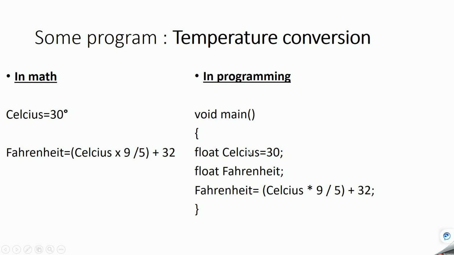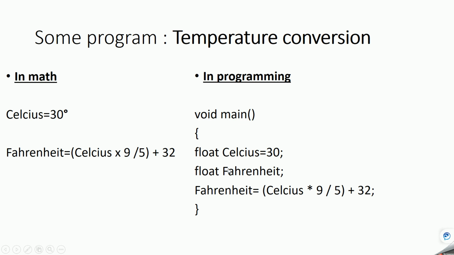The same thing in programming, how you can achieve it, is void main float, and you give the value you want. You can give a decimal value or an integer value to the float variable. So here you will see the value will be calculated like this. Again float is taken because after performing this operation, it will give a decimal value. That's why Fahrenheit is taken as float.